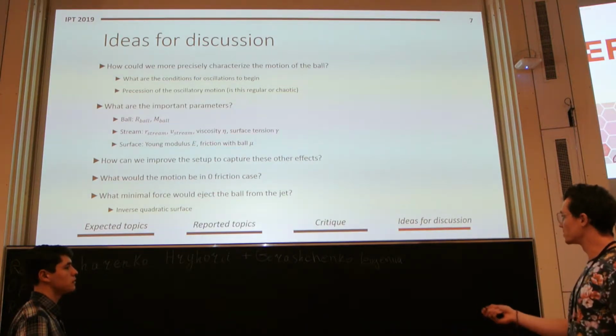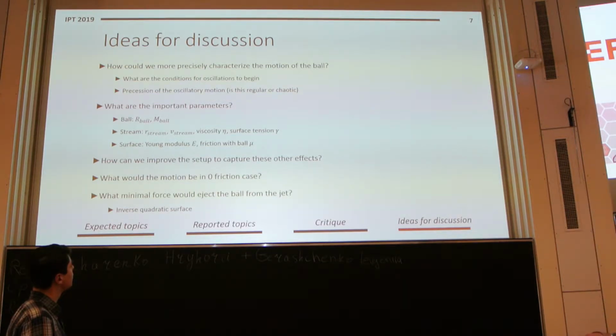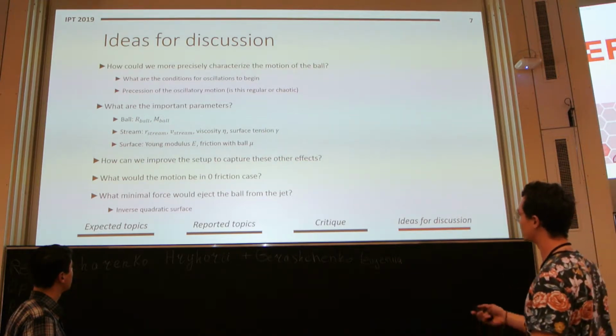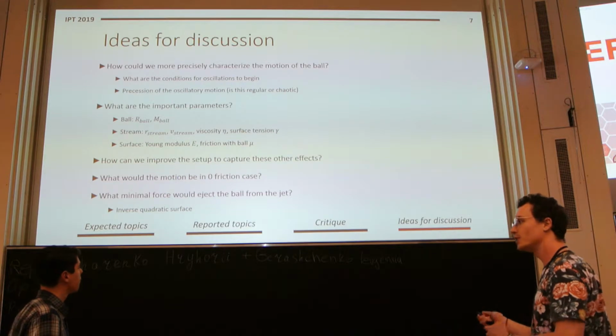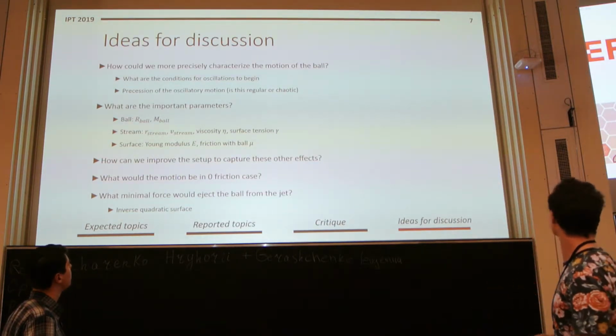And then perhaps we could do a slight modification on the problem, considering what if the surface were not flat, but instead like a small cone or something like that. How curved would the surface have to be to keep the ball inside the jet? Could we have some kind of coefficient of elasticity or something like that? So,